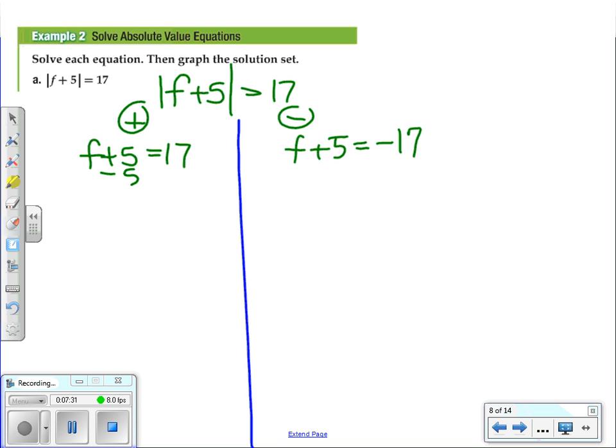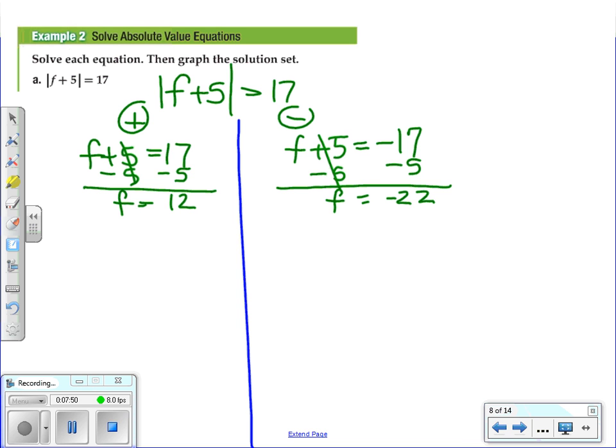So subtract 5 from both sides, and we find out that f equals 12. Over here, we're going to subtract 5 from both sides to solve for f, and we find out that f equals -22. So our solution set is both of these answers. It's a solution set of 12 and -22. Those are all the possibilities. And if we graph that on a number line,